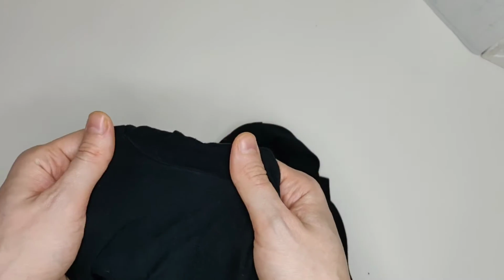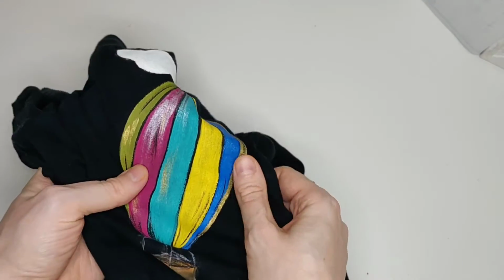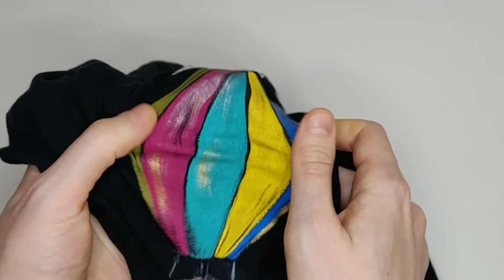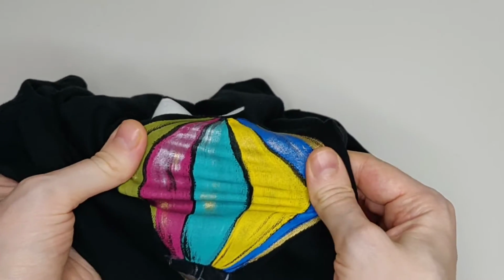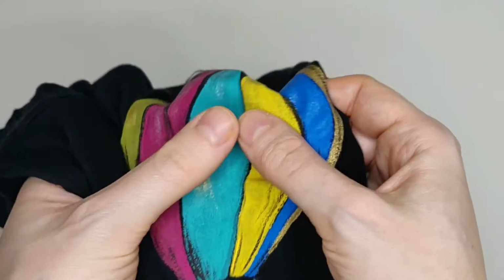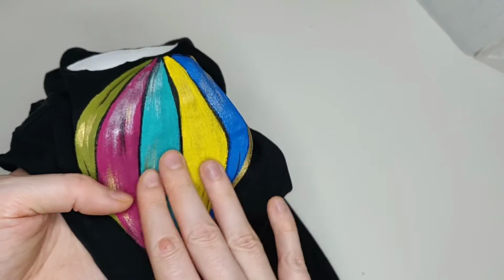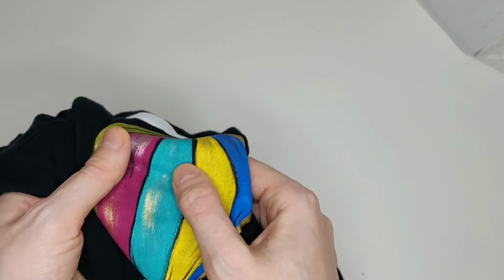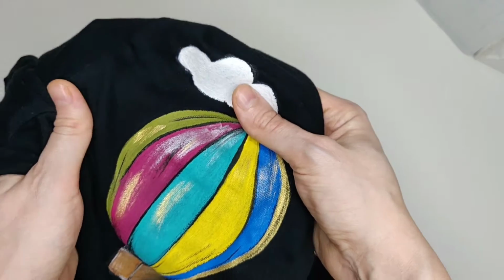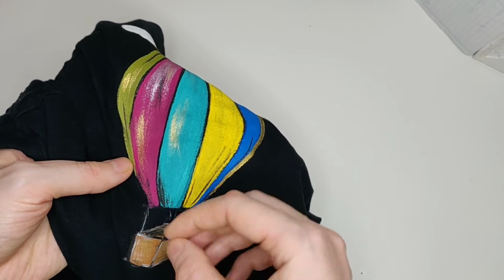Then the t-shirt is 100% cotton, but slightly stretchy because it's a soft kind of t-shirt, so I can also pull, and we can see how the illustration is easily stretching just as much as we need. You can see there is just a little bit of paint missing, because I was not really trying hard to make a complete coverage, because I'm playing with the color of the fabric. You see I intentionally added a little bit of shading,